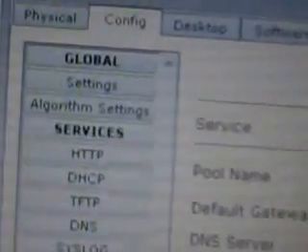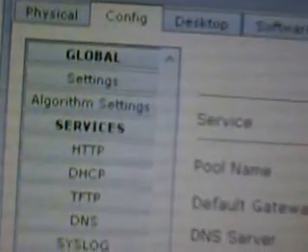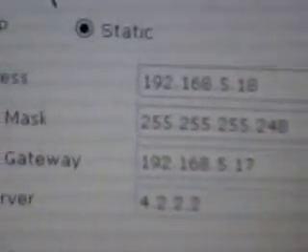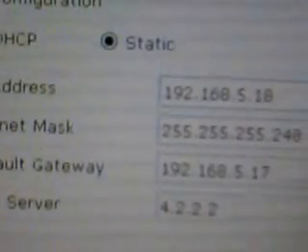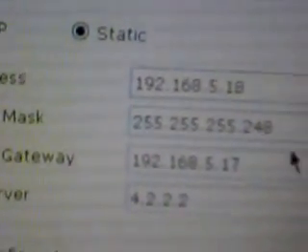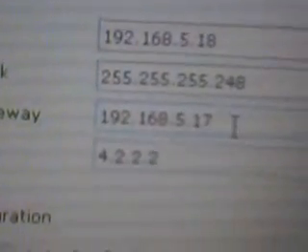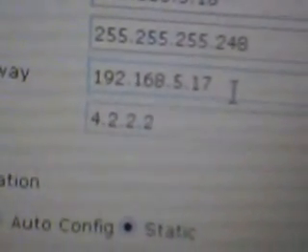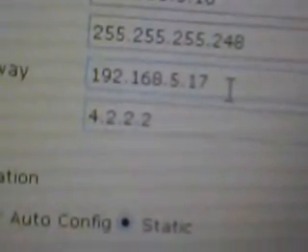So I have assigned, go to the server. Okay, so I have assigned 17, sorry. Then go to this option, desktop, and assign an IP for the server. So for my server I have assigned 5.18, default subnet mask, and the default gateway is the router that is connected in LAN 1. That is the router IP address that is called the default gateway. So I have assigned it, and this default gateway must be changing for different LANs.